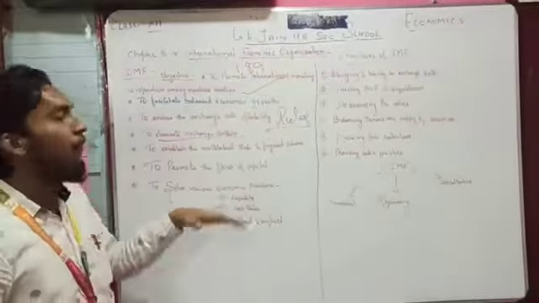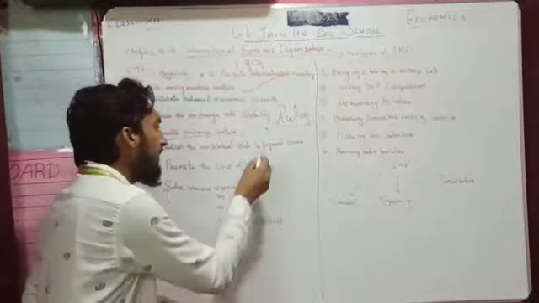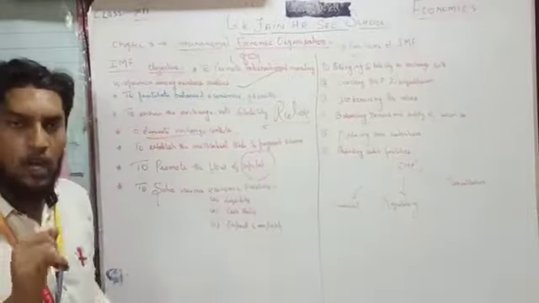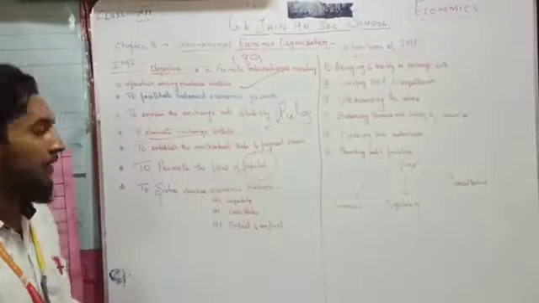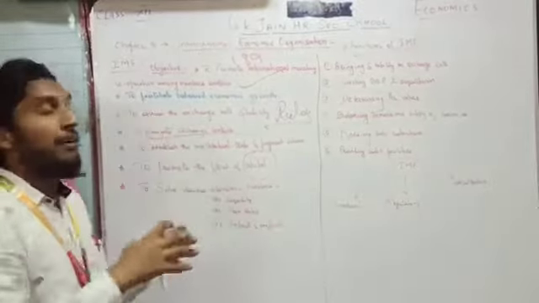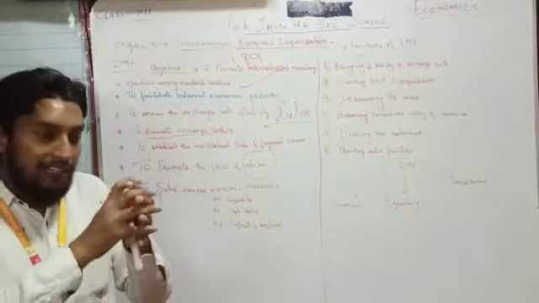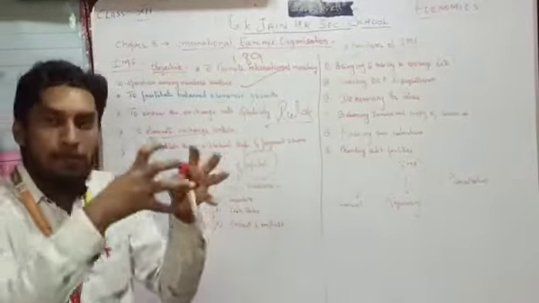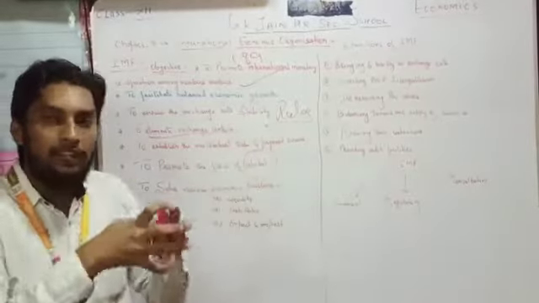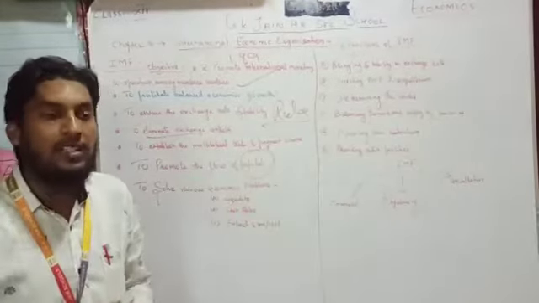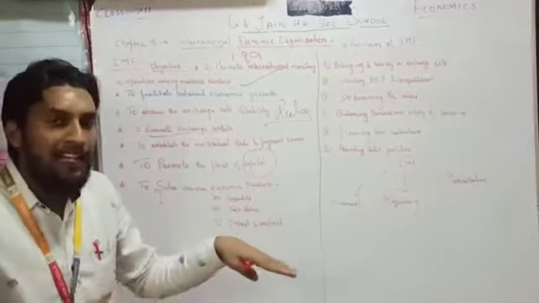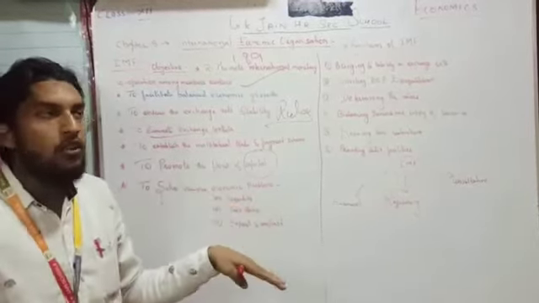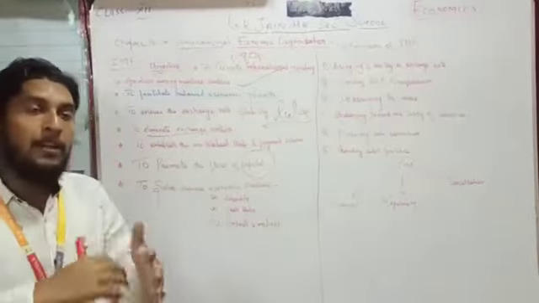Next one, to promote the flow of capital. Very important, capital plays a very essential role, whether it's a business, an economic activity, or the development of a country. Everywhere capital plays a role. The IMF plays an essential role: they will take care that for member countries doing any kind of trading or economic activity, the flow of capital is efficient. It should be in a perfectly balanced way. It should not go in a wrong way. So the flow of capital will be fully promoted by the IMF. They don't just control it, but also promote it.